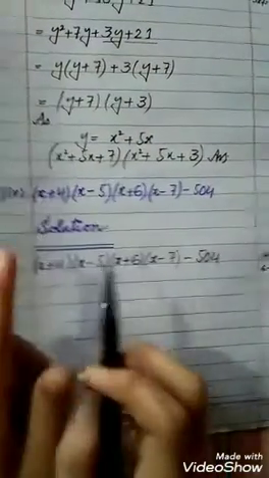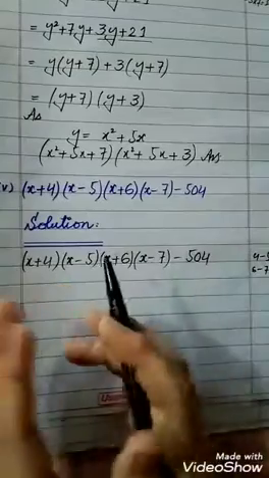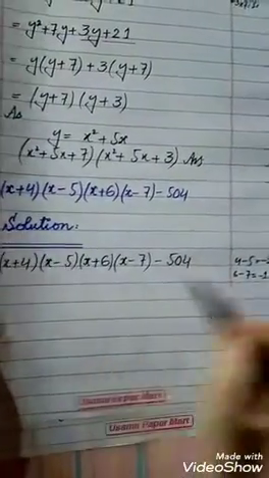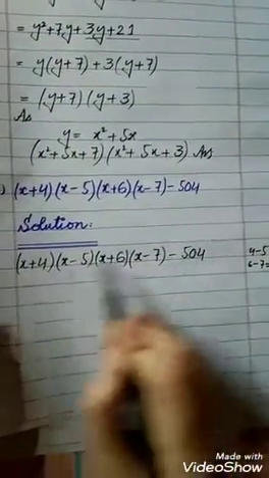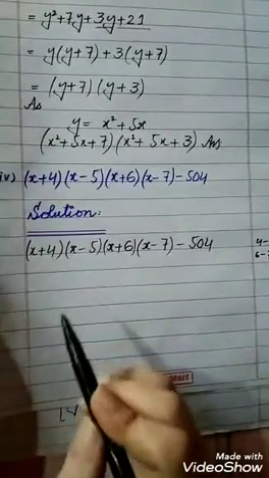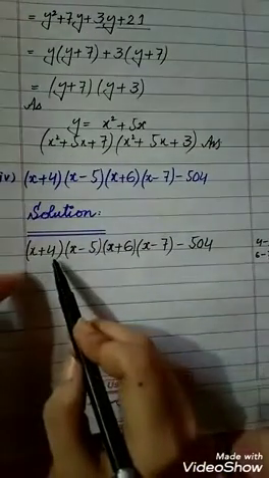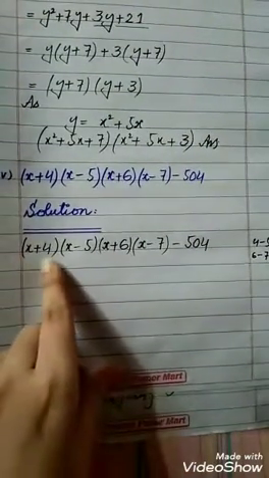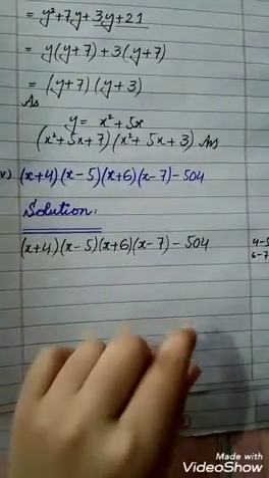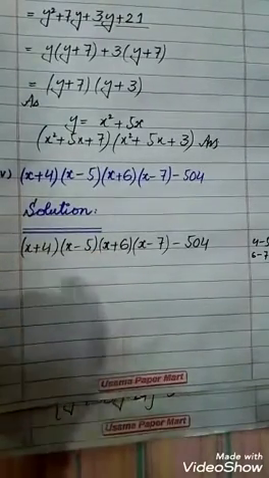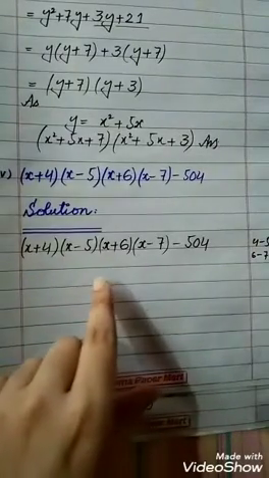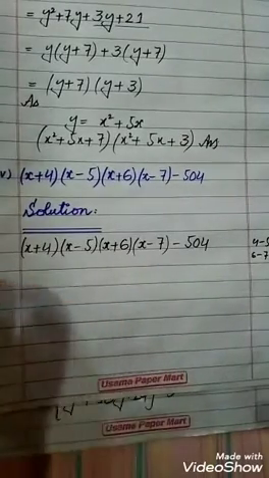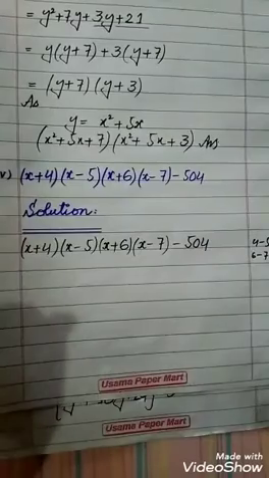So we have to take pairs in such an arrangement that if we add or subtract them, we get the same result. As this is correct, you can see its arrangement. So we have to take pairs in such an arrangement that if we add their constants, we get the same answer. Students, if we add or subtract their constants, whatever we do, the answer should be the same. We have to take them in this arrangement. So I will solve a few more questions, a few examples, to make this concept clear.